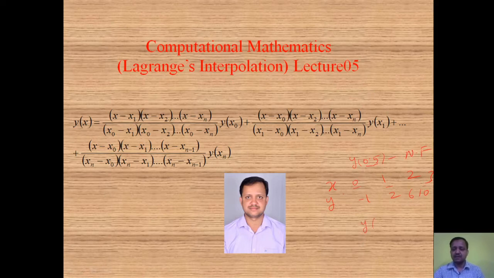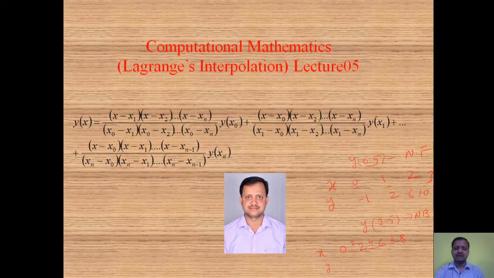Suppose you want to find y at 2.5. So we apply Newton's backward difference interpolation. Suppose your domain data is like this: 0, 2, 6, 8. Here the difference is 2, from 2 to 6 the difference is 4, and from 6 to 8 it is 2. Here it is not equally spaced. The domain data is not equally spaced. If you want to find some intermediate value where x data is unequally spaced, then we apply Lagrange's interpolation formula.